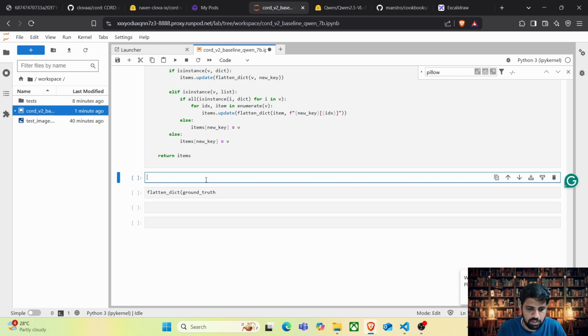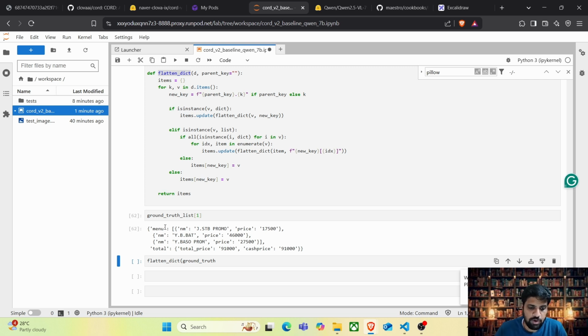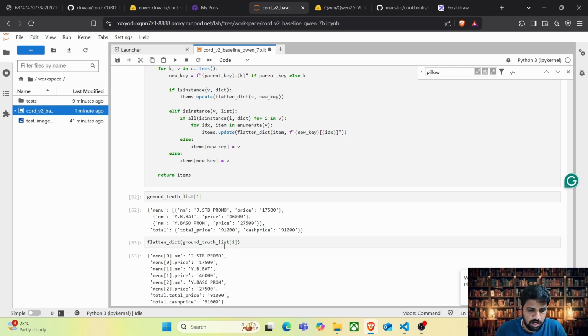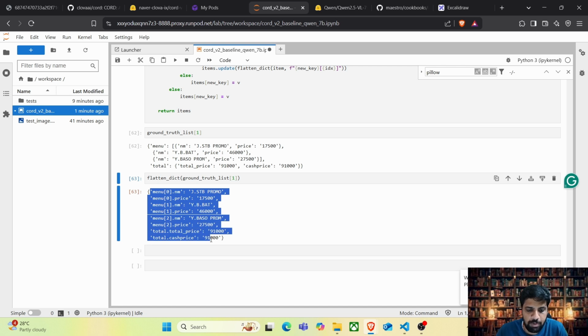Let's print the ground truth first. Ground truth of 1 is ground truth list of 1. So this is the dictionary where we have the menu and the total segment. If we pass this dictionary to the flatten dict method, it basically flattens the entire dictionary inputs into one single level. So here we can see we have multiple menu items. Doing this process makes it really easy for us to perform a left to right comparison where we can have the ground truth,